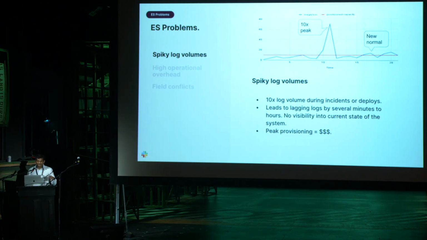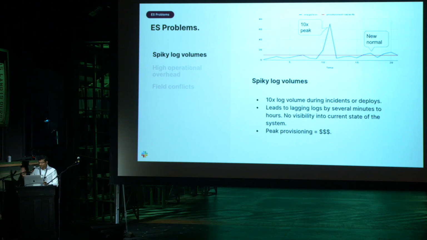For example, we launch a new version of Slack, and users wake up in the morning and load the latest version of Slack, and we have no control over when they do that. So we get a lot of logs, right? We get these 10x peaks, and when this happens, our logs lag a lot, sometimes by minutes to hours. And as a result, we lose real-time visibility into our systems. We don't know what's going on, at least from logs. Our metrics probably are up to date, right?